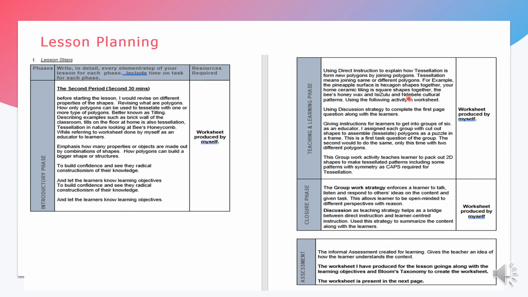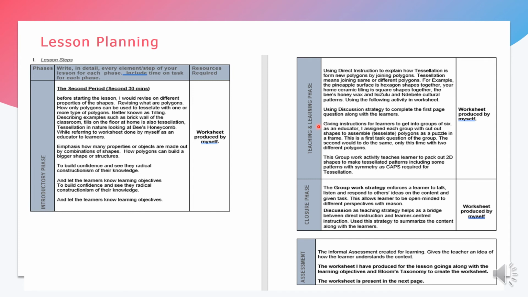So you have covered CAPS in this case, because you have covered describing patterns in nature, describing patterns in modern lifestyle, and describing patterns in culture and heritage. You've done that in your teaching, with direct instruction to the children. And now you need to use a discussion strategy to complete the first page of the worksheet along